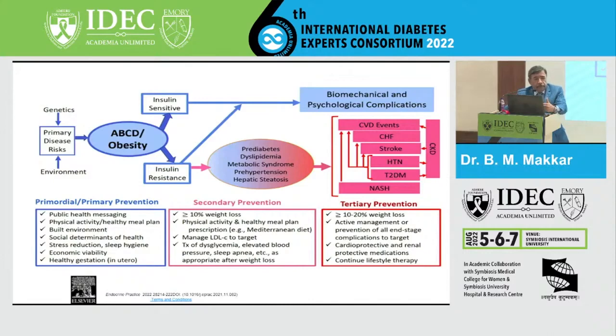Now these individuals can be insulin sensitive if they just have fat mass without dysfunction of fat, or they have insulin resistance where the fat is dysfunctional with the release of more cytokines, free fatty acids, and so on. These people will develop components of metabolic syndrome, and down the line they will develop diabetes, atherosclerotic cardiovascular disease, hypertension, dyslipidemia, NASH, NAFLD, and so on. On the other hand, people who remain insulin sensitive develop more mechanical issues like osteoarthritis, obstructive sleep apnea, and so on.